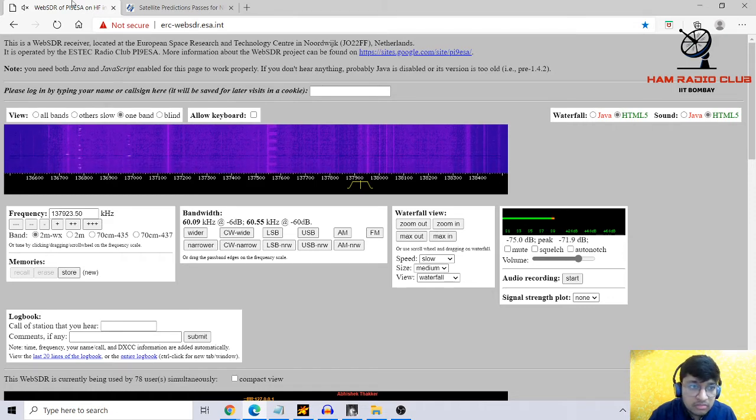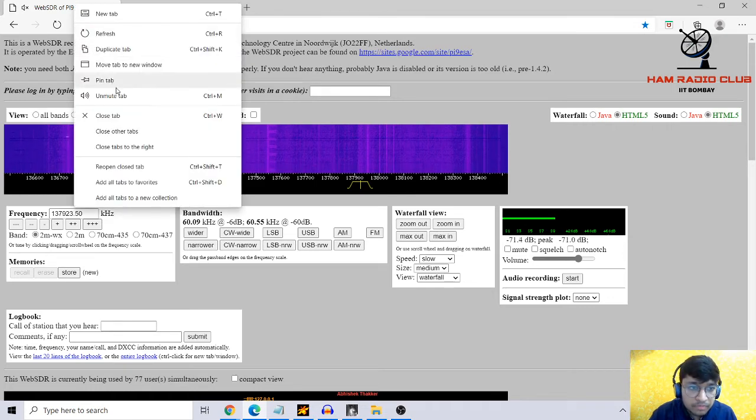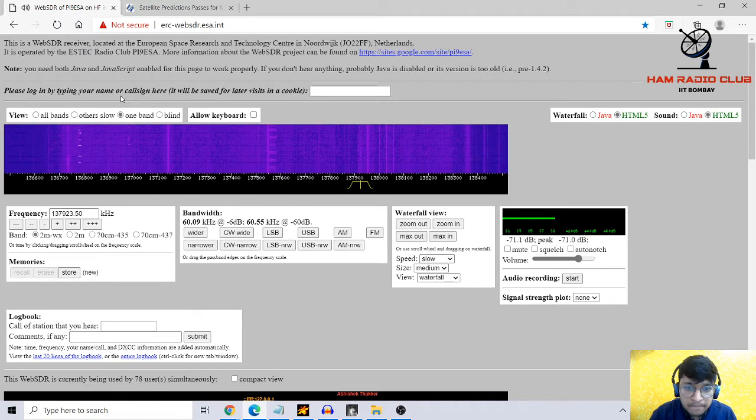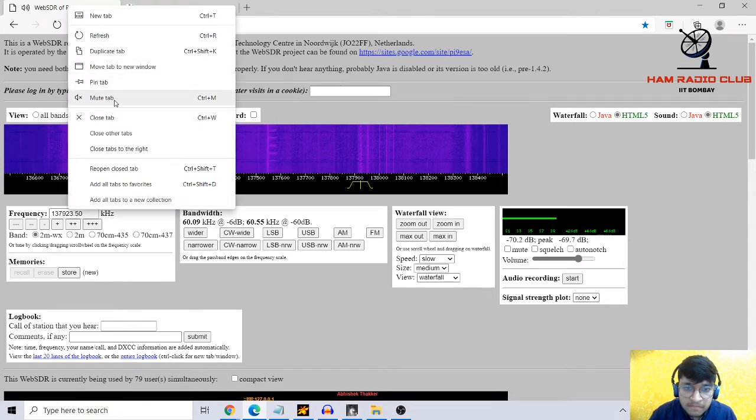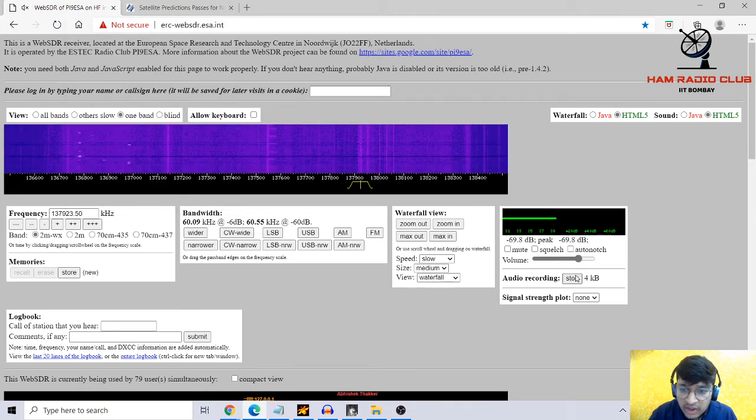So this is how I've started the recording. After you start getting something, you'll start the recording, even if there's a bit of noise at the back end, because the elevation is not that high. Once it goes to its maximum elevation, then we'll get a proper voice, and I'll again make you hear it. So this pass will take 10 minutes.